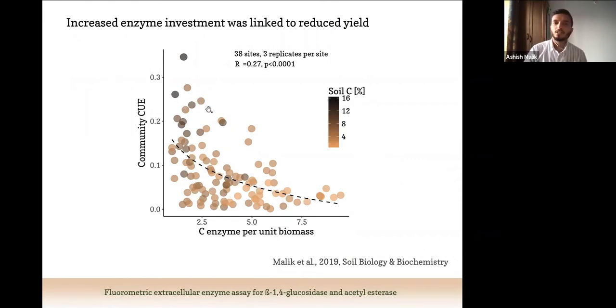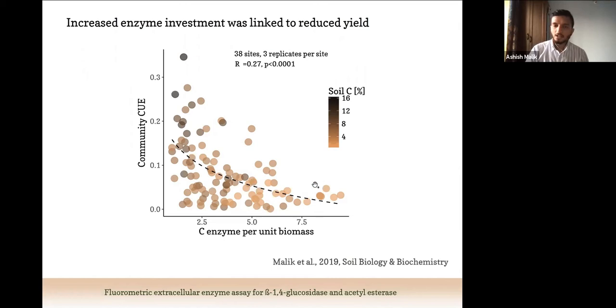And what we found here is that all the pristine or the low intensity sites were clustering here. So these are all the sites from the pristine habitats where carbon use efficiency or the growth yield is higher and the enzyme investment is lower. Remember here, we also found a lot of transporters because substrates are ample. So microbes are just taking in the substrate and they don't have to produce extracellular enzymes.